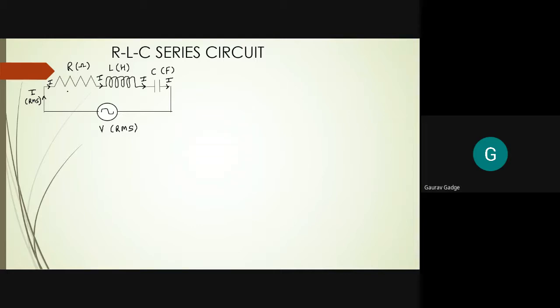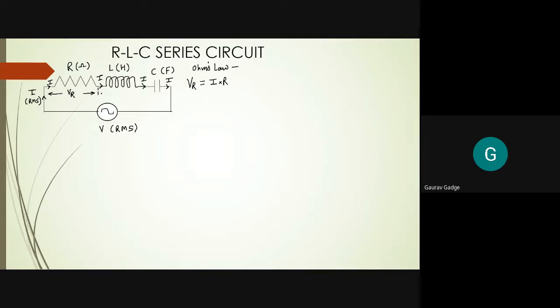Now, as soon as that current I passes through a resistance, the voltage drop which takes place is VR. If I apply Ohm's law to these 3 elements, the equations which we already wrote can be written here. So VR is the voltage drop across resistance, the first element through which the current flows. Applying Ohm's law only to the resistance, VR is equal to I into R, and the unit of VR is volts.